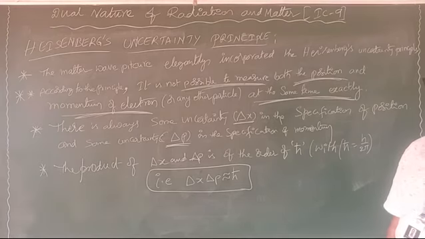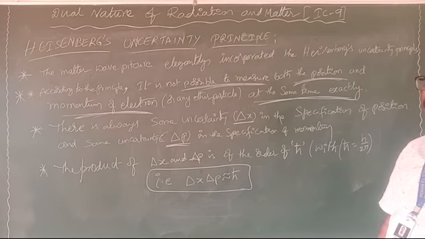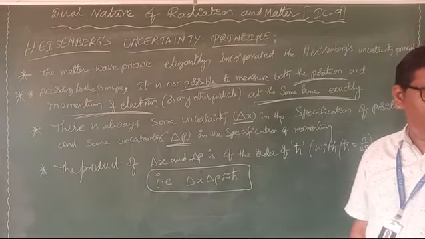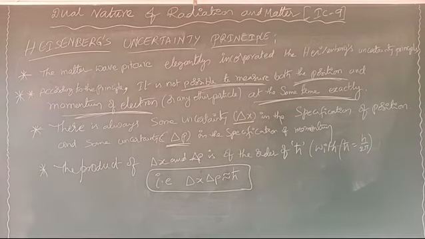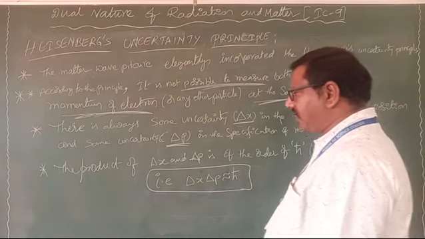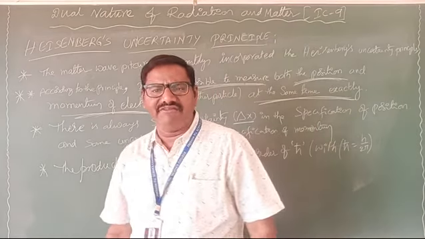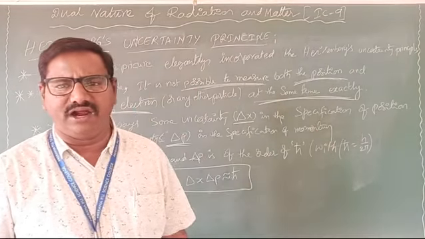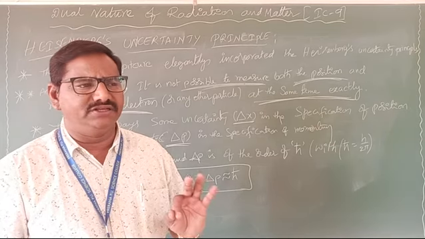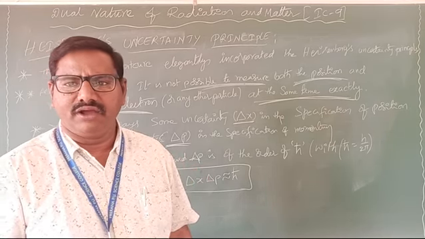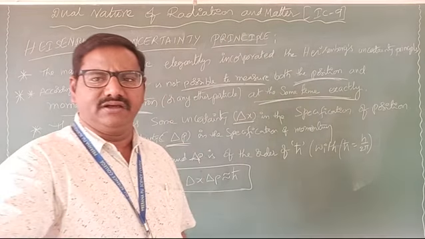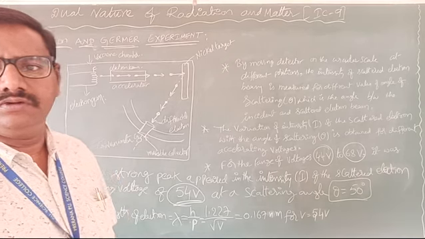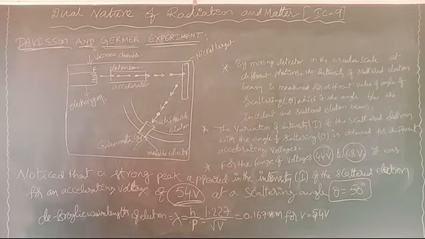These are all about the Heisenberg uncertainty principle. The next concept is what we are discussing now. Up to here it is in the syllabus, but the Davisson-Germer experiment is one more. That is not in our PU syllabus. It is purely objective. For that purpose we are discussing that experiment, the theory. It is in the old PU syllabus, and it is completely for objective questions.